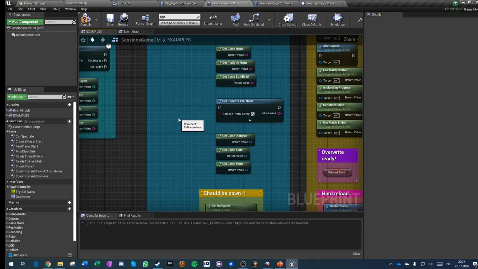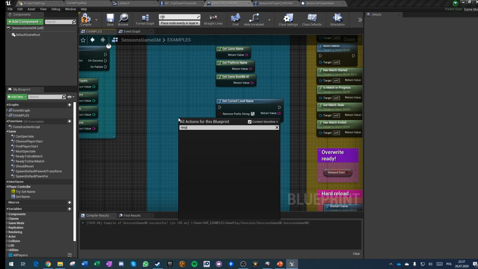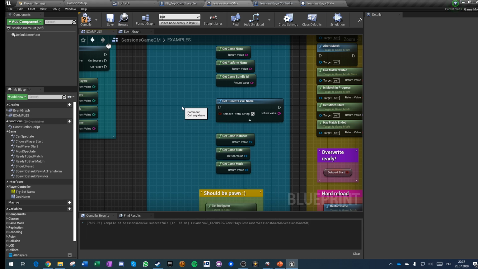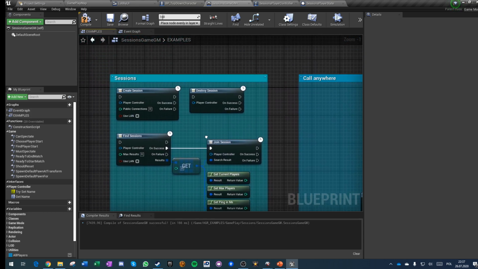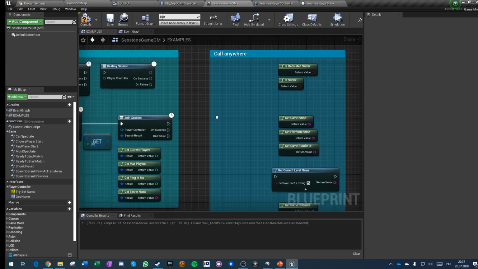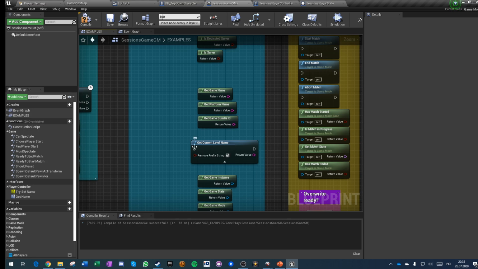But there is actually a function for this. It is somewhere out there. I will discuss it later. So yeah, you can get the current level name, and you can, for example, well, in advanced sessions, you can also add an extra string with extra settings, and you could push the map